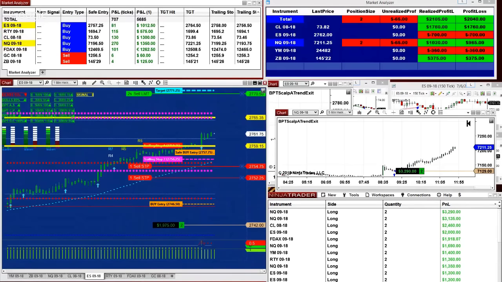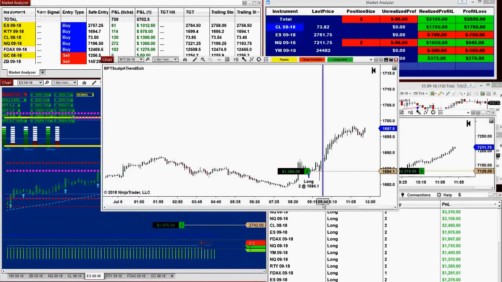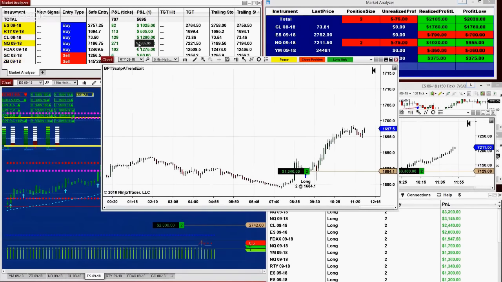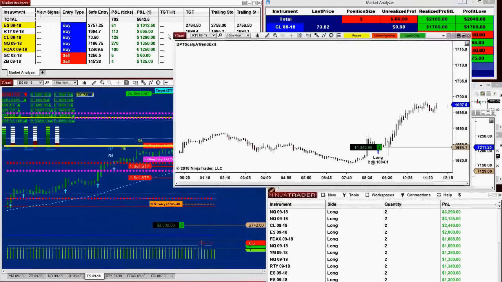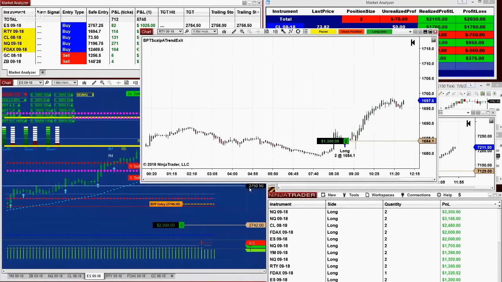The second question, I like that. The second question was on swing trading. Because on swing trading, we're not using trailing stops. Sometimes it takes forever on the pullback to close. So the question was, can I take one out and leave one in the market? Now, what we have done,